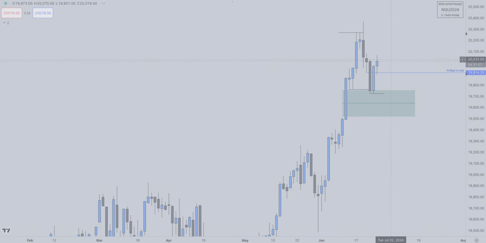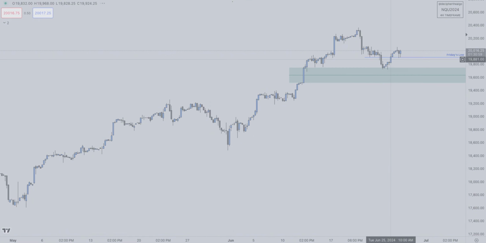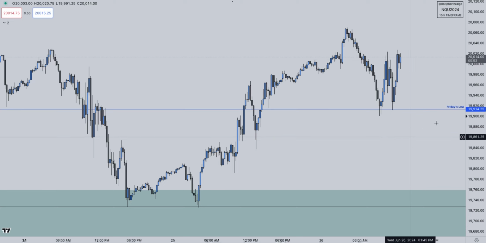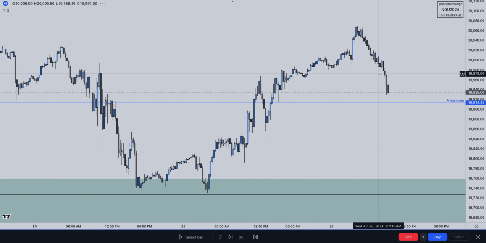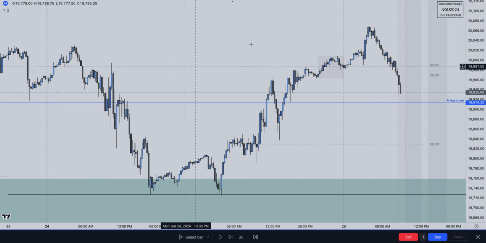So let's jump into the 15-minute chart because, to be honest, for this setup I did not look at the 4-hour or hourly. I just went straight to the 15, and I'll show you why. Right off the bat, we can see Friday's low is going to be an area of interest, and if we spin back the clock a little bit, this is what we're looking at from midnight on. If we throw the time zones on, we see midnight, rally higher, not optimal, and then the steep sell-off all the way below Asia. So we had a bit of a sweep on both sides of this Asia range, London being a protraction, a bit all over the place. As far as daily profiles, we didn't really have much to work with.